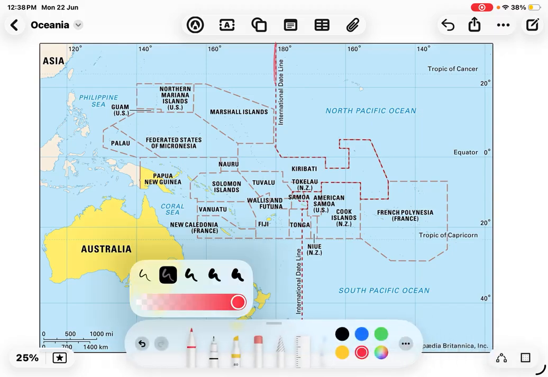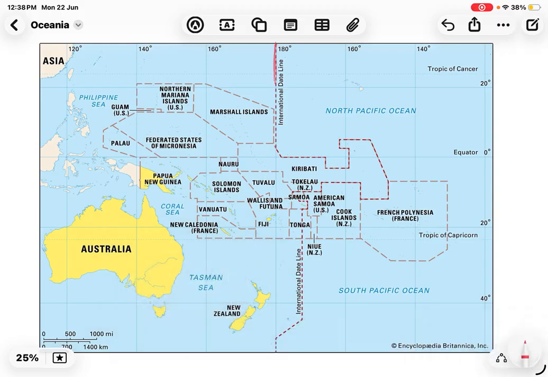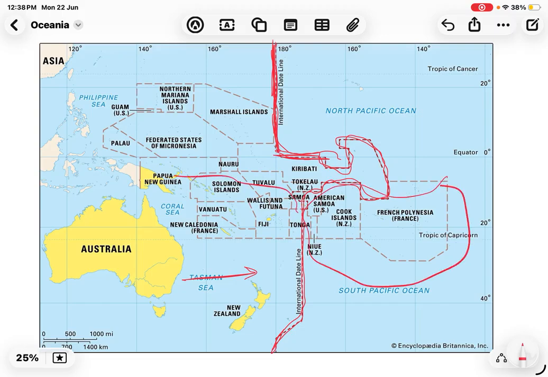Okay, so the international dateline is east of Australia. I am just redrawing it so that you understand where it passes through. Okay, this passes through like that. Okay, this is the international dateline. It is east of Australia, and these are the Polynesian islands,